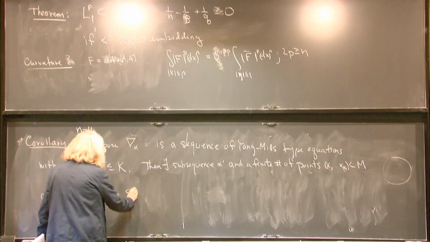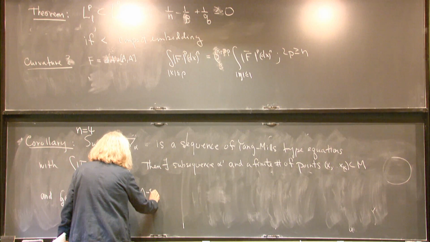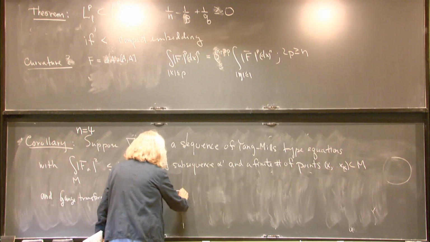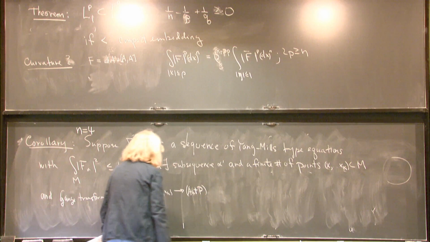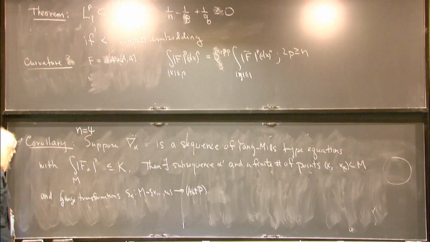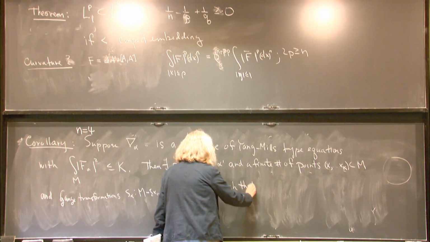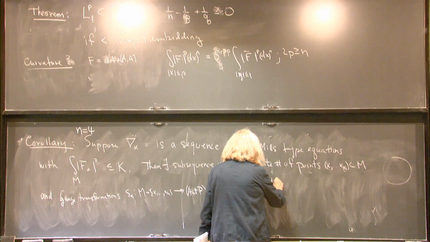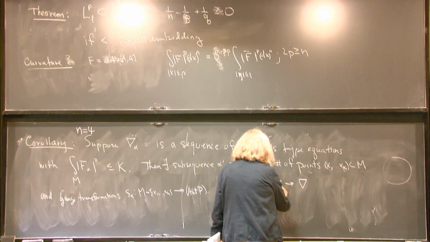S alpha, and I'll write these. These are sections of M minus x1 to xk to the adjoint automorphism bundle, such that S alpha star of gamma converges to alpha